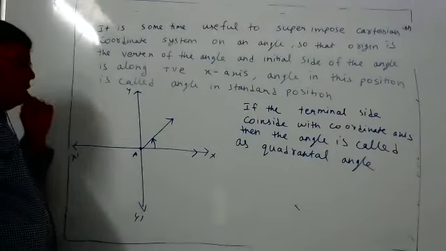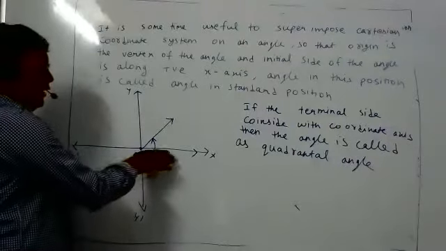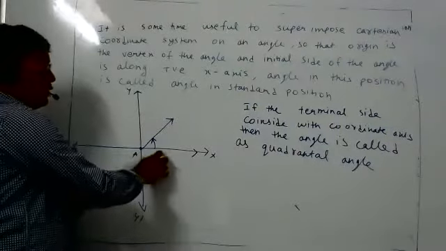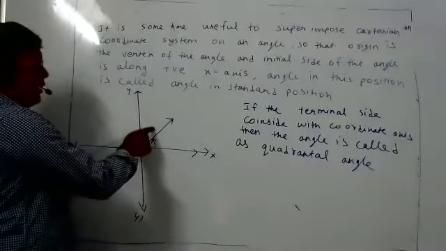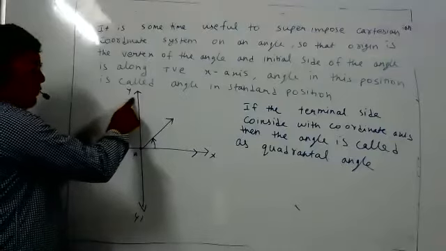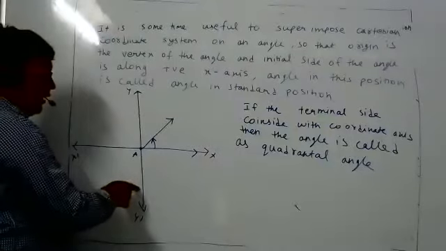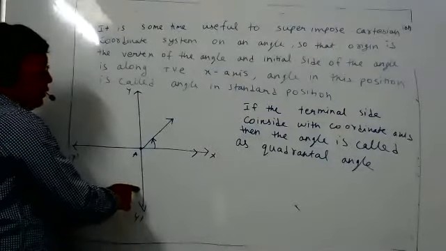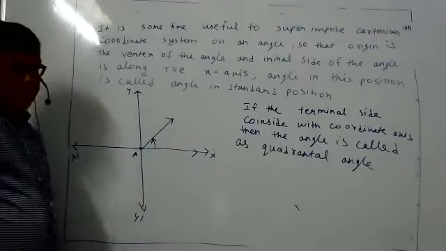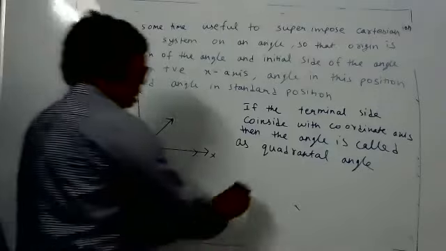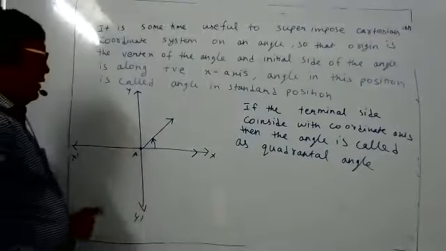Draw the diagram and write this down, students. See here, in standard position the initial side has to be along the positive x-axis, but the terminal side can be anywhere. The terminal side can be on the positive y-axis, negative x-axis, or negative y-axis. That angle is called a quadrantal angle. But you will not understand yet, it is new to you, so I will teach what I am saying. I think you have drawn the diagram, so I will erase this one.